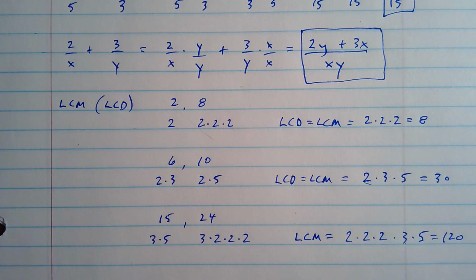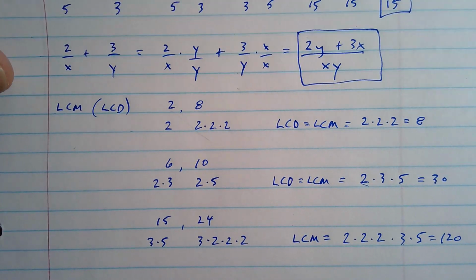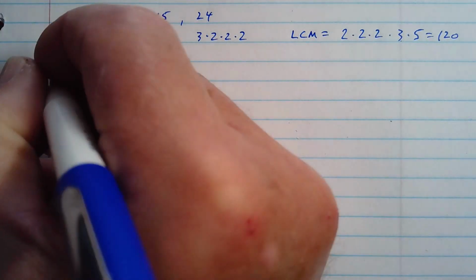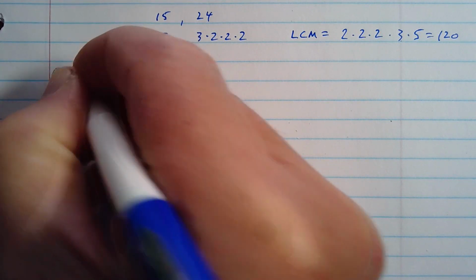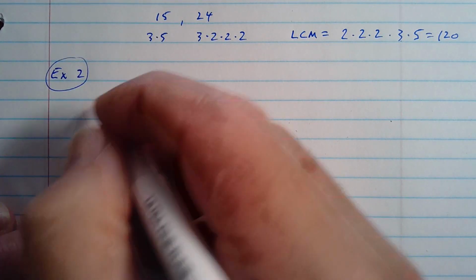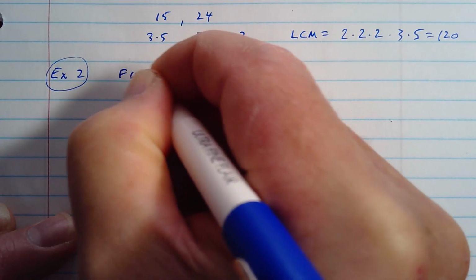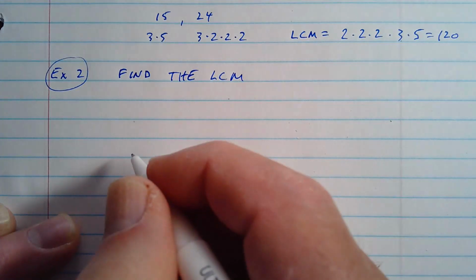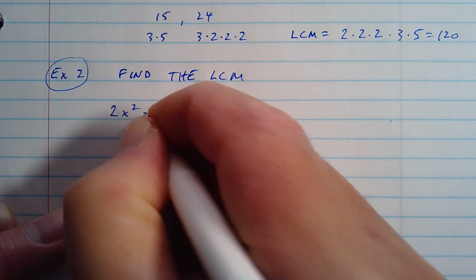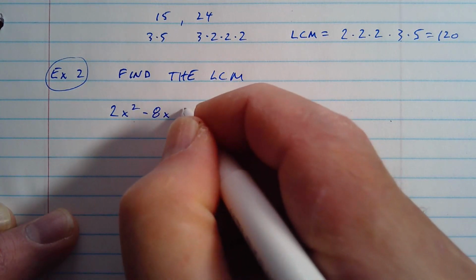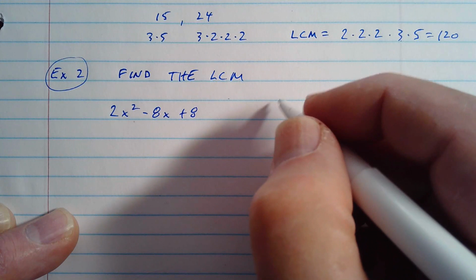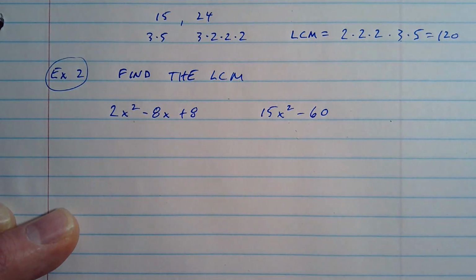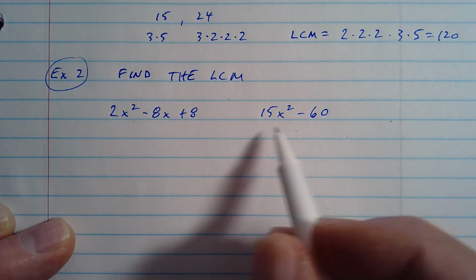All right, as you can imagine, it's not going to be just numbers. We're going to be putting letters into the mix. So this first example, and I know it's matched up with example 2 problems in your book. They say find the LCD, or actually LCM for these, they aren't in fractions yet, of 2x squared minus 8x plus 8. That's our first trinomial, and then they give us a binomial, 15x squared minus 60. And now we're supposed to find the LCM of these 2